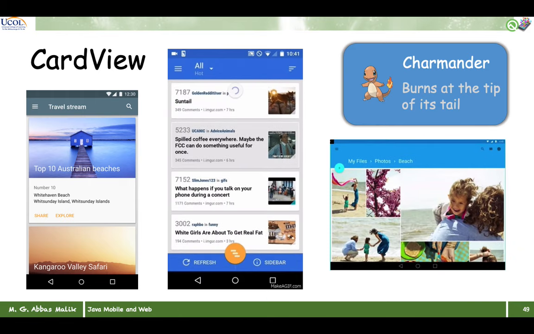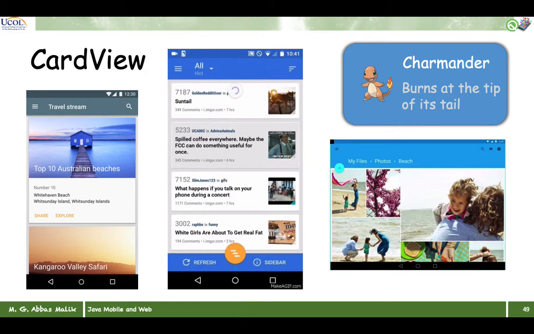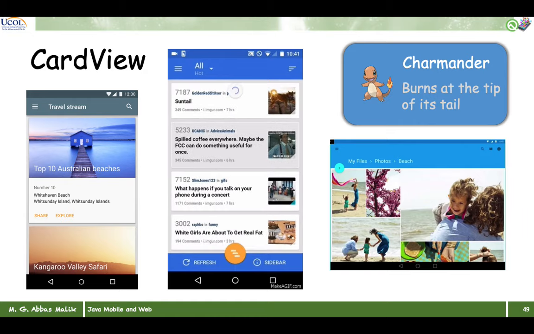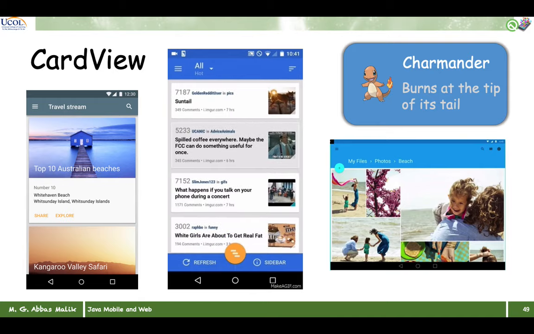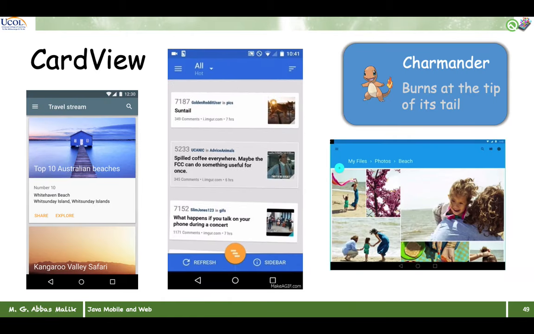And what is a card view? Card view, guys, please listen. Card view is something like that. If you want to design something like this, then you need a card view. Card view is also a kind of layout. If you want to make the corners round,